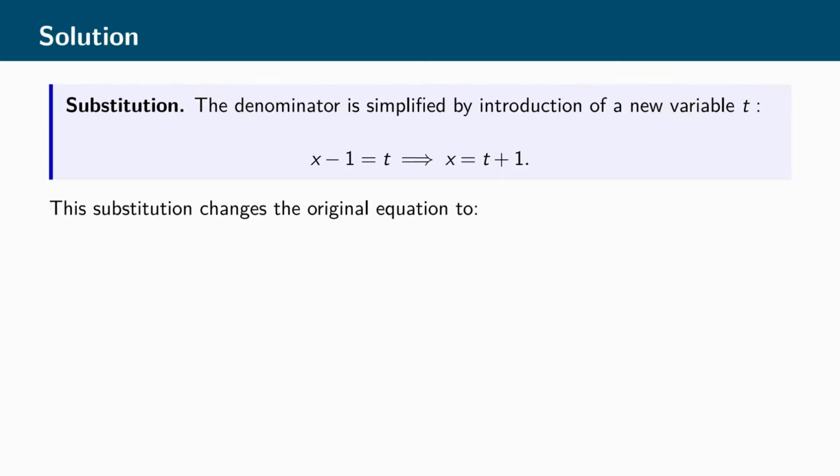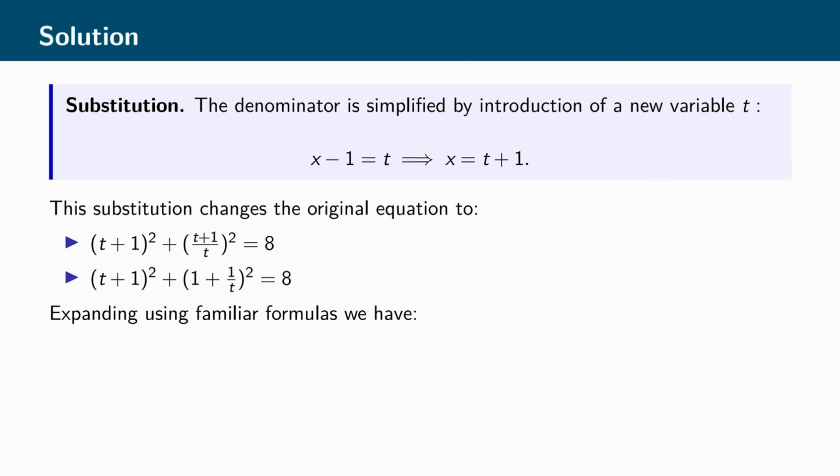This substitution now changes the original equation to (t plus 1) whole square plus (t plus 1 by t) whole square equals 8. Now t plus 1 by t is nothing but 1 plus 1 by t. So now we get (t plus 1) whole square plus (1 plus 1 by t) whole square equals 8. Now expanding using the familiar formula (a plus b) whole square equals a square plus b square plus 2ab, we get t square plus 2t plus 1 plus 1 plus 2 by t plus 1 by t